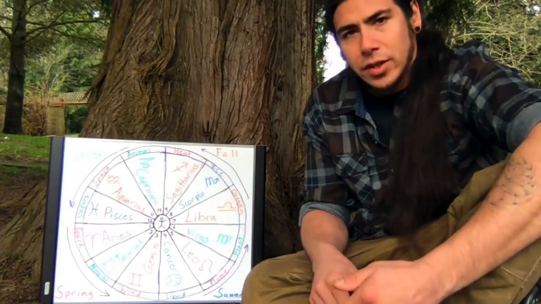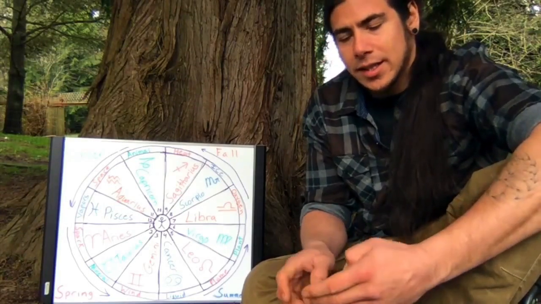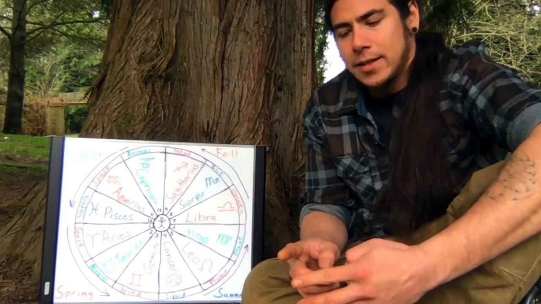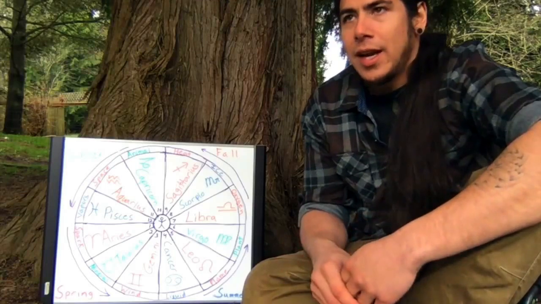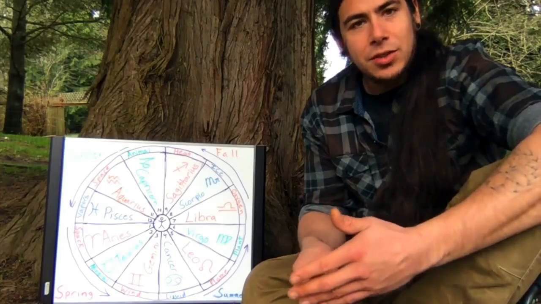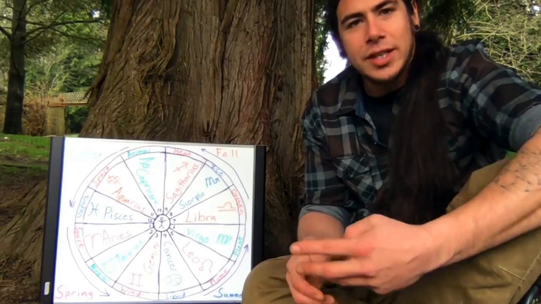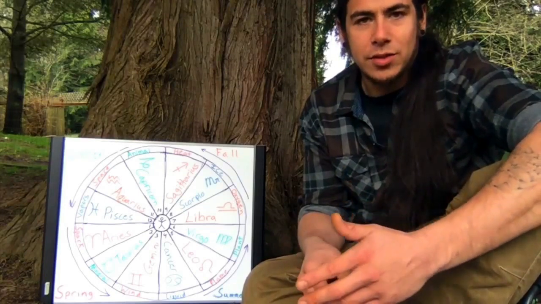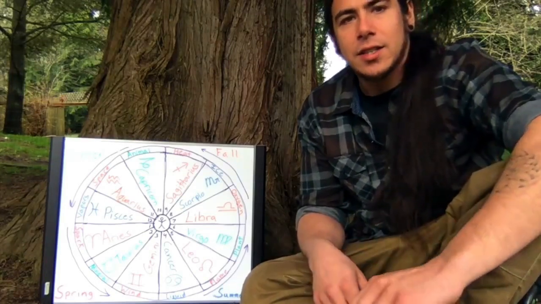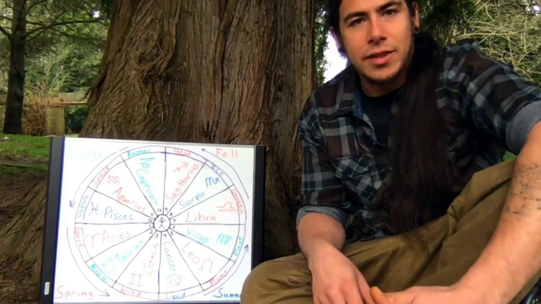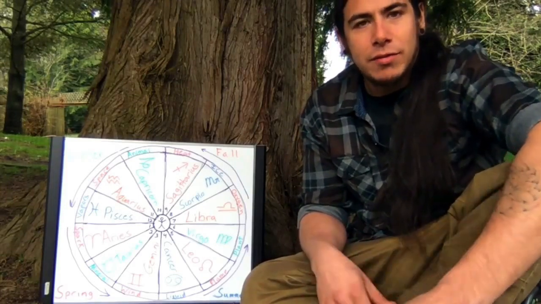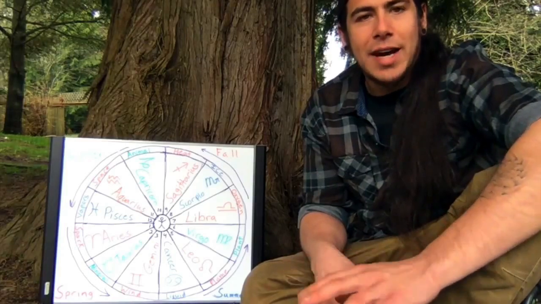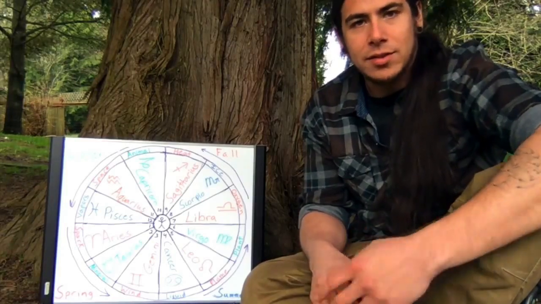So one thing to note before we get into it, as I said, each sign is connected to an element. So fire, earth, air, water. And there's 3 of each one. So each element has 3 expressions. So in nature it works that way as well. Say fire has a spark, it has the light or the flame, and then the heat. Water, for example, has liquid flowing water, and then we have ice, and then the vapors, the clouds.